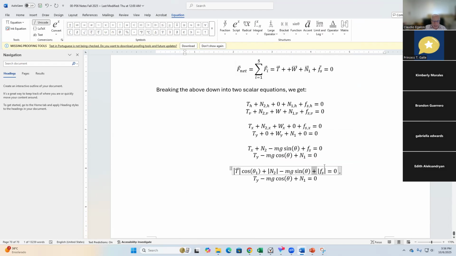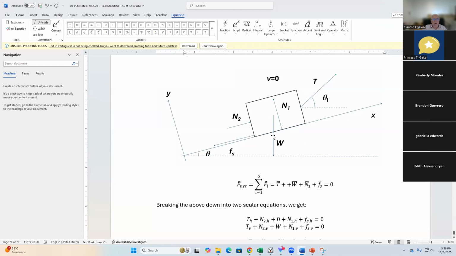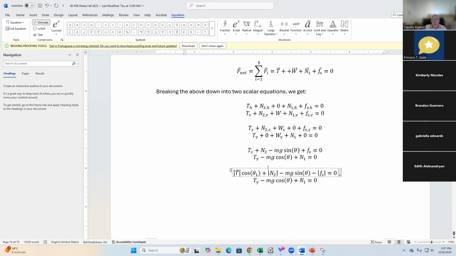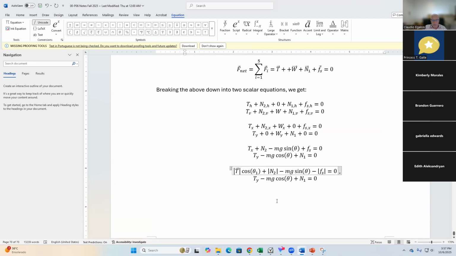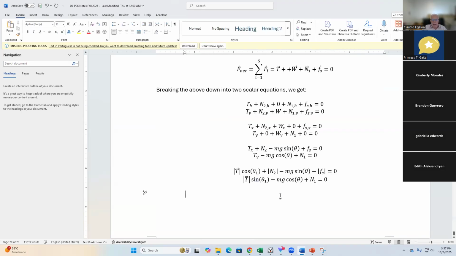Okay, because it goes against the X-axis, it goes downhill. Consequently, this is negative. Here you go, the Y component is going to be just like the x component, but instead of cosine, it's going to be sine. The mg I already have, and all I have to do here is put it in terms of the magnitude.